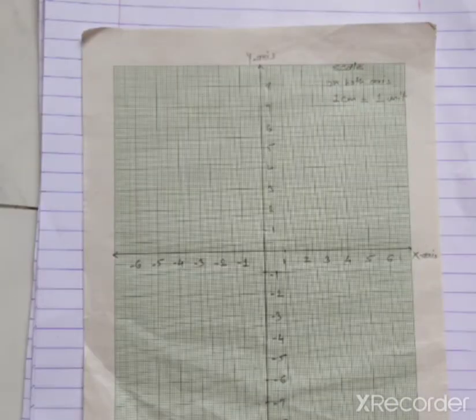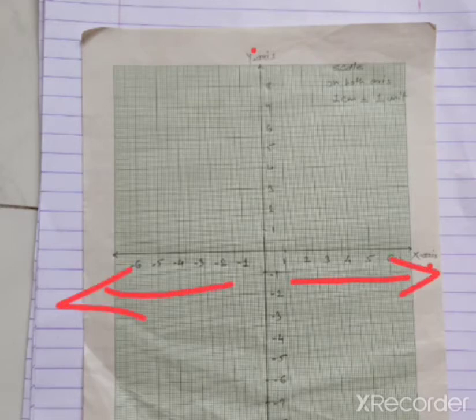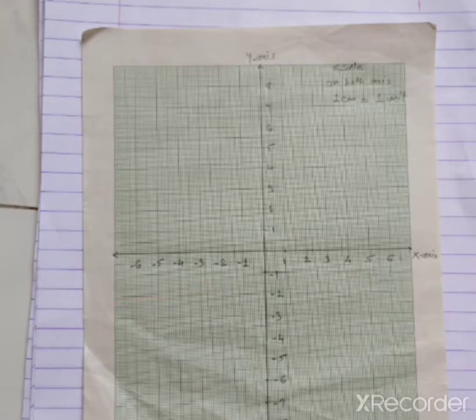So after drawing this unit on both axes, we will get these numbers. On x-axis towards right hand side, all numbers are positive. Towards left hand side, all numbers are negative. Similarly, on y-axis, in upward direction, all numbers are positive. At exactly its opposite direction, that is at downward direction, all units are negative.